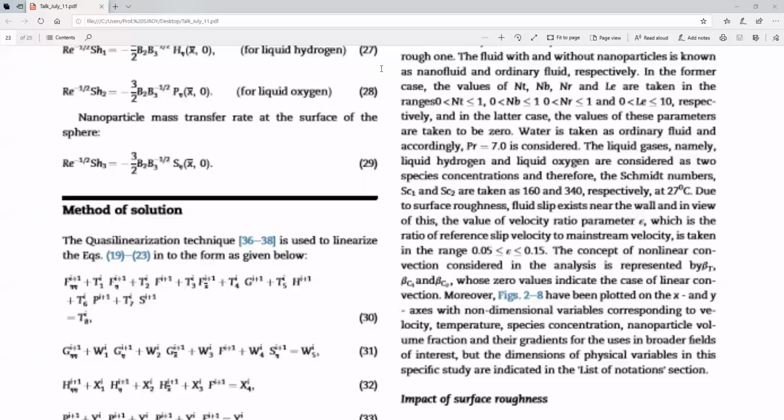And one more thing, sir. How to identify the stopping criteria? Start is your boundary condition only. Any solution should satisfy the boundary condition, whether it is final or starting. So start with only the boundary condition. You take a solution which satisfies your boundary condition. If you are solving a periodic problem, you are expecting a periodic solution, then take a periodic function, cosine, sine, or circular, or any other periodic function which will satisfy the boundary condition. Then you start with that. That is the 0th iteration solution.